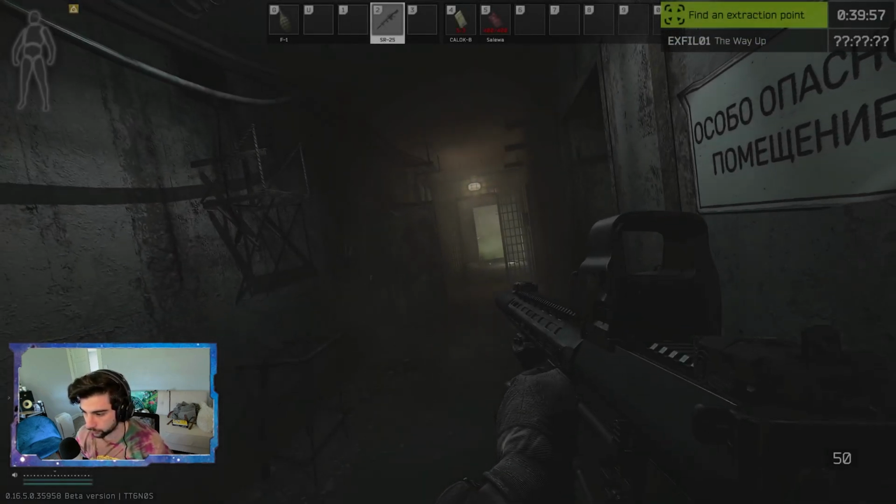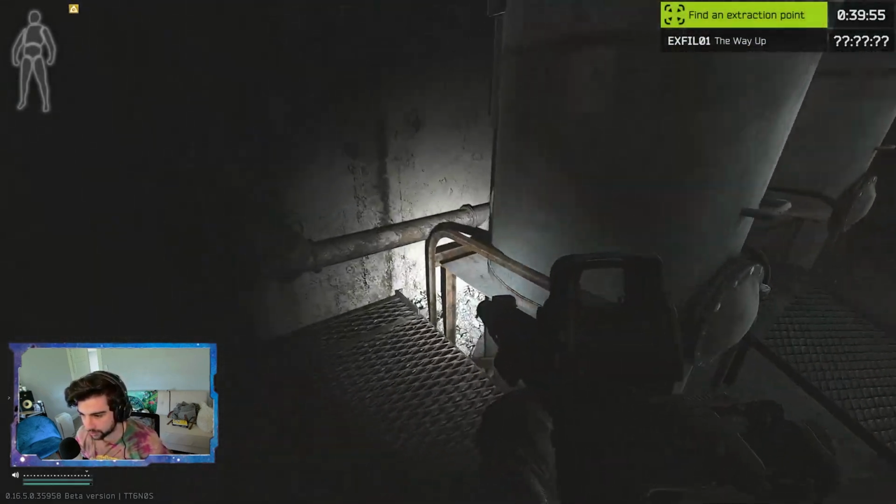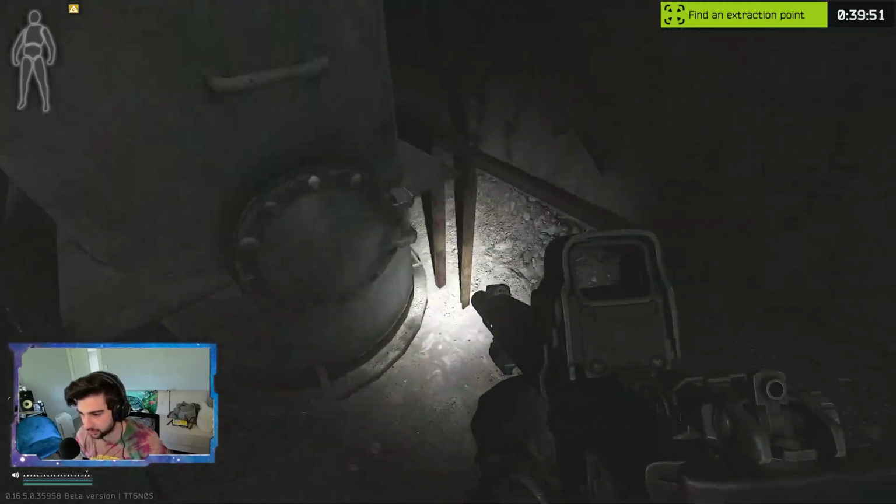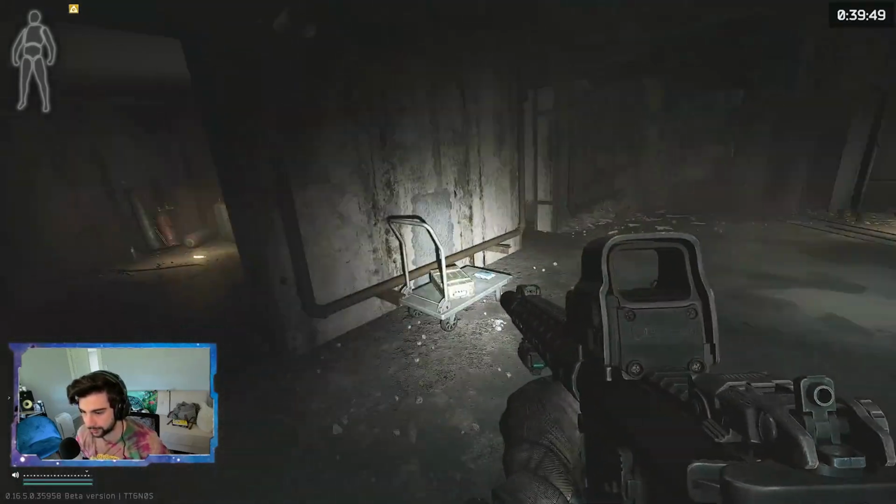Hey guys, Eclipse here, and in this video we're going to do a quick guide on how to reach the Labyrinth in Tarkov. The first quest you're going to get is Shady Contract, and you're going to be getting that from Mechanic. You're going to have to go to Ground Zero for this, and we're going to be looking